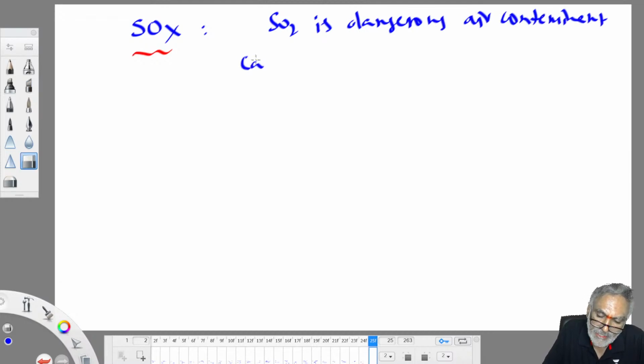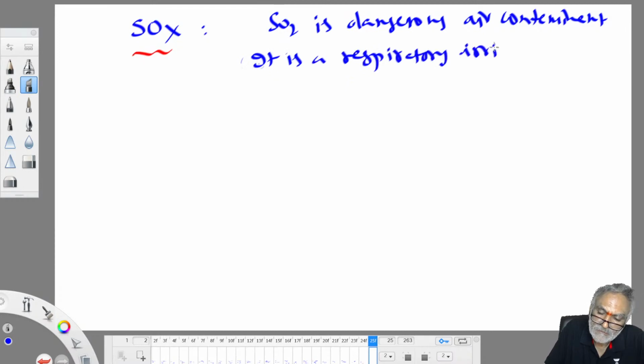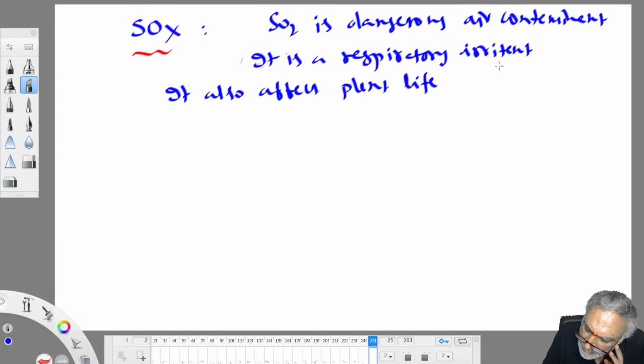It is a respiratory irritant to human beings. It also affects plant life by causing plant diseases. Okay, so dangerous air contaminant, and most of SOx is released into atmosphere from thermal power stations